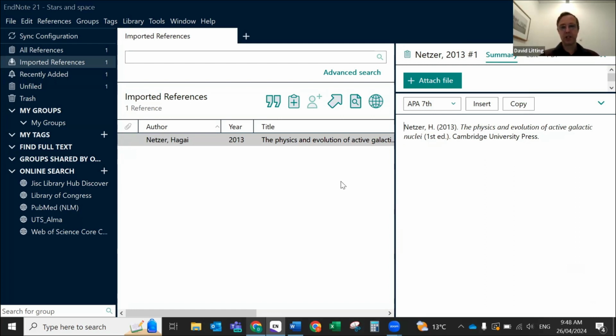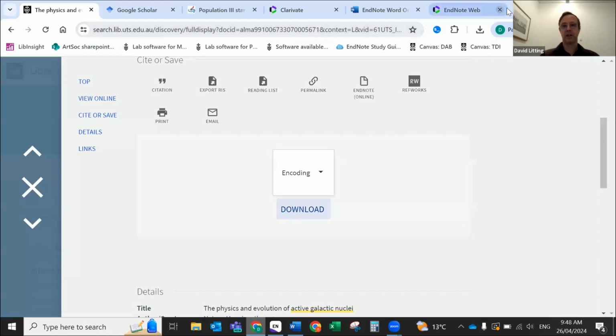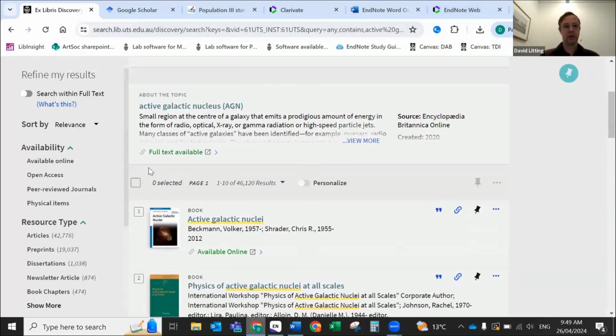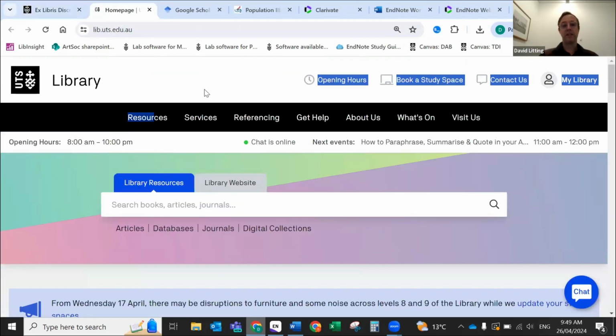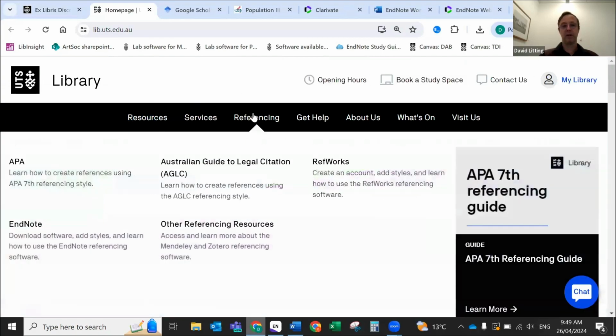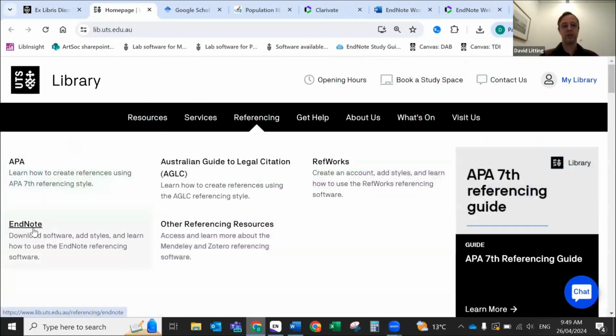Just as one little addition here, if I go back to the EndNote page on our web page, which I can do like this, there is a bespoke APA 7th style that UTS Library created for APA 7th with the view in mind that so many people use it. So if you go back to this EndNote page,